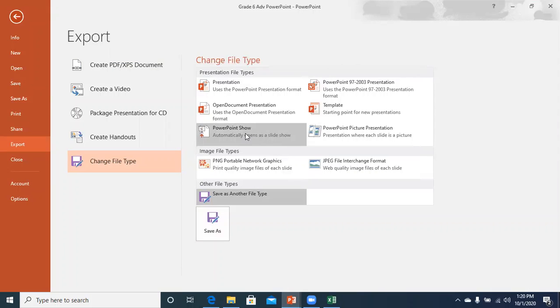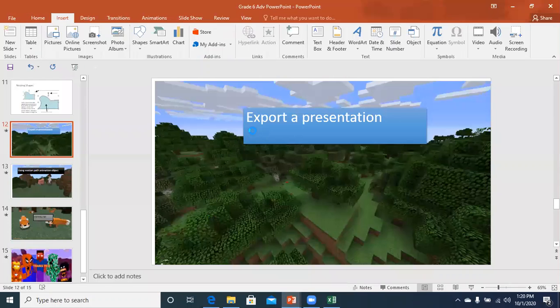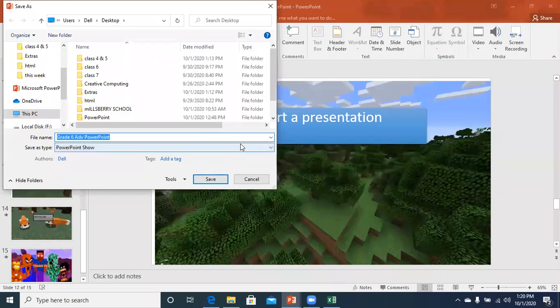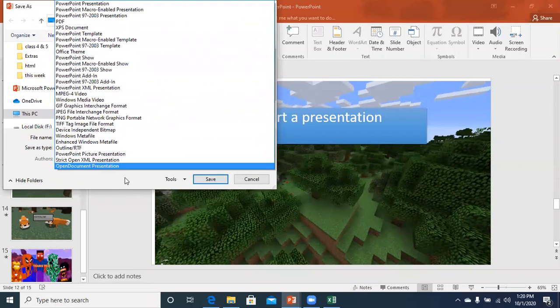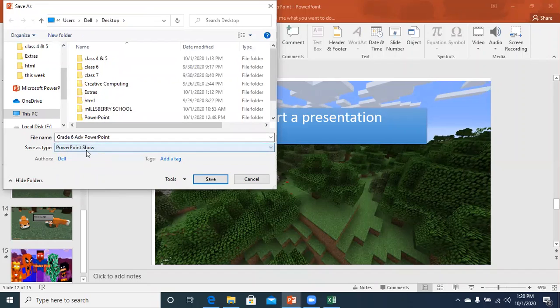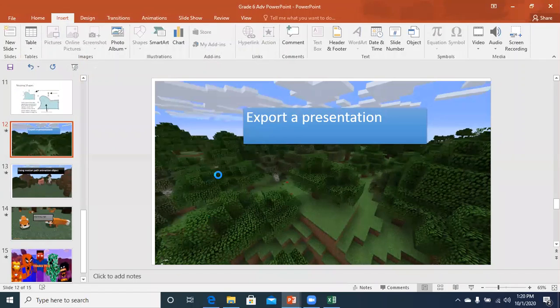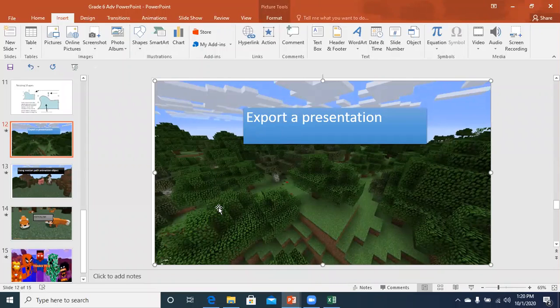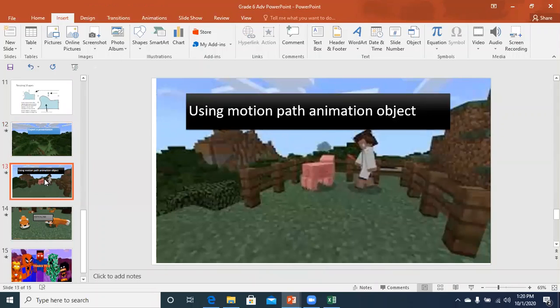So if you have recorded your show, then you can change your PowerPoint presentation into a PowerPoint show too, okay. And then you can save your presentation. And in here you will be showing this different, and here look, your PowerPoint shows. So you can save like this also, and then it is done. Understood? Now next, after this we have using